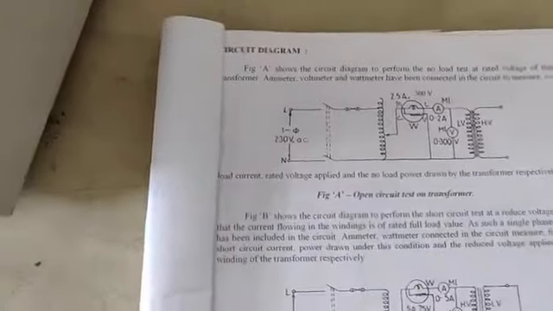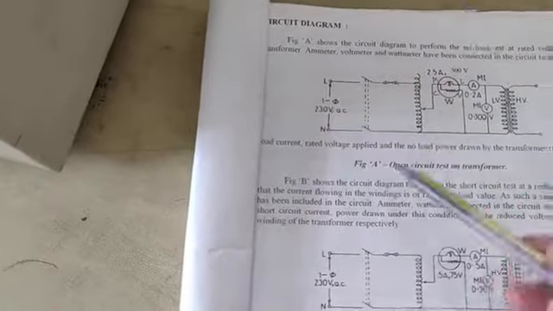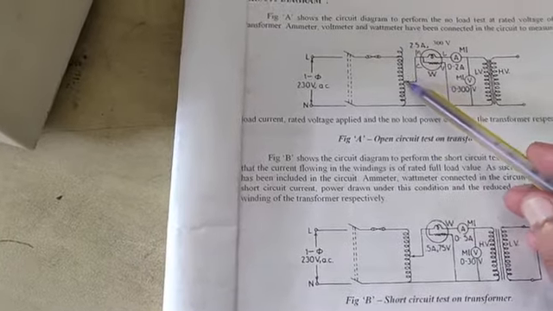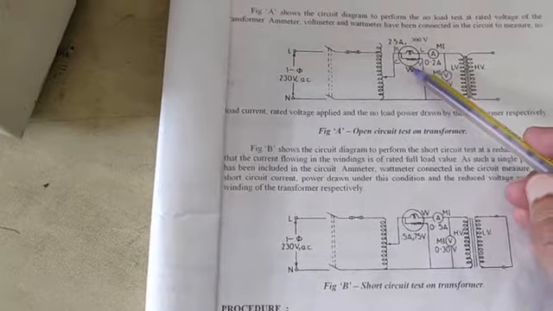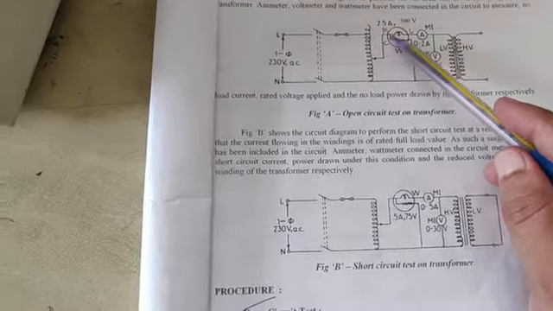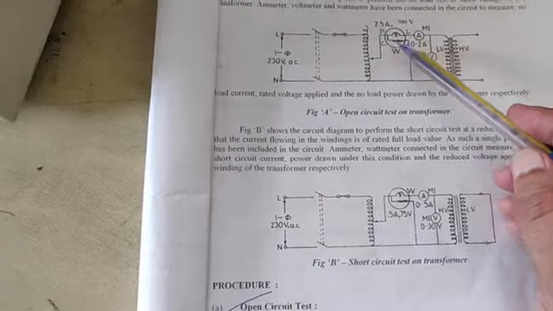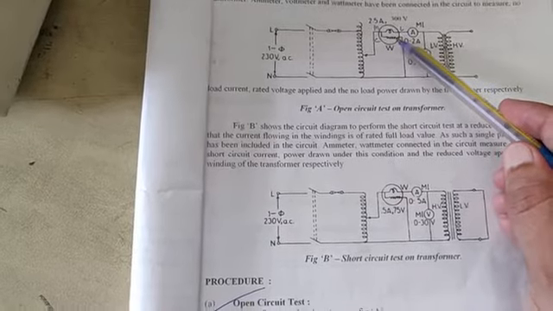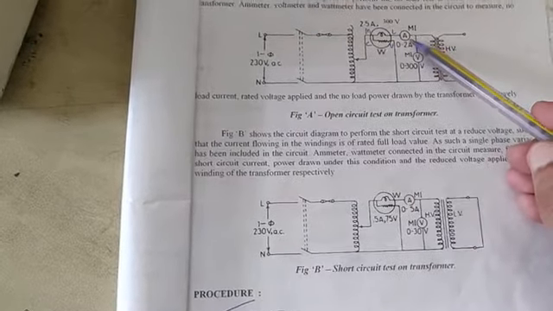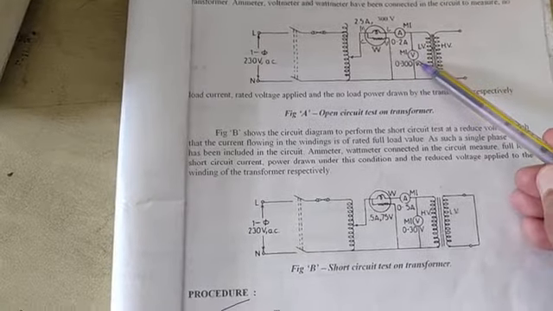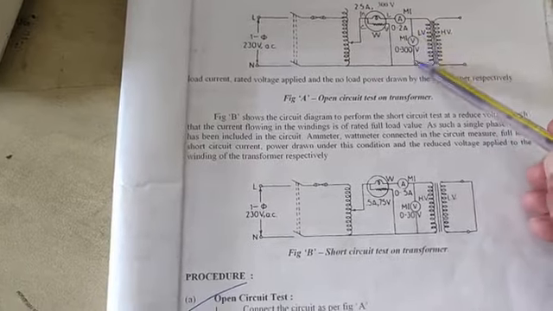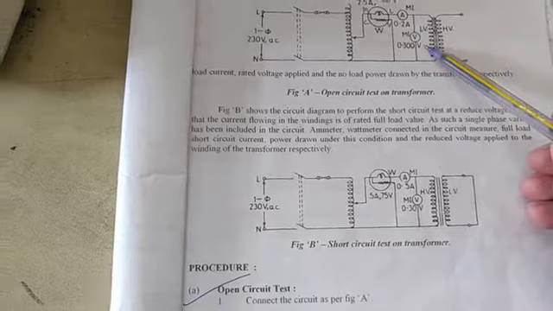In the circuit diagram of the open circuit test, we require first a single phase supply, then a DPST switch, that is an MCB, one tap changing transformer, and one wattmeter. Here the wattmeter has two coils, a current coil and a potential coil. Here ML stands for the current coil and CV stands for the potential coil. One indicating instrument, a current meter, is required and a voltmeter. The current meter is connected in series and the voltmeter is connected across the two potentials, that is, in parallel.